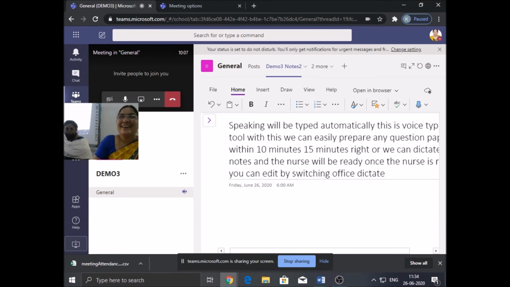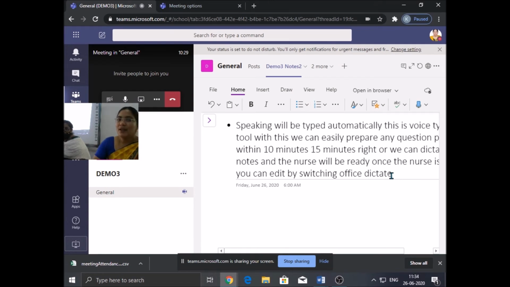Got it? But our voice should be clear, our accent should be clear. Because we are all Indians, our accent may be recognized in a different way, so we can do proofreading from the beginning, and wherever needed, you can press enter. Otherwise, now I want to prepare a list of items. Once that list of items is ready, we can take a printout and copy it out. This is embedded inside. You need not. That's what I'm telling.